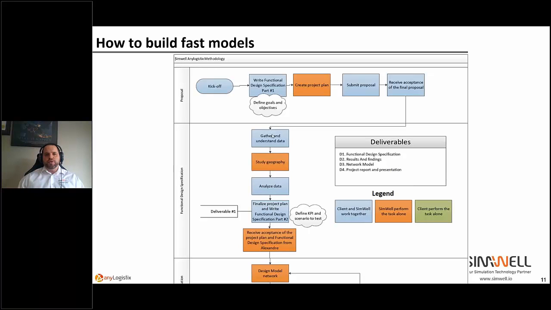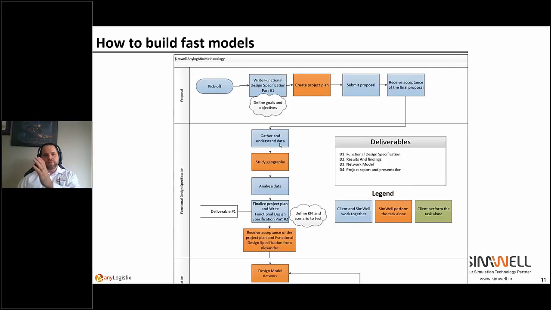And this is a proven methodology that gives us success and allows us to design a model that will achieve the objective of being precise and fast, or find the right compromise between speed and precision, right? So several aspects of it. First thing is define the objective and the goals, and then once that is done, gather and understand the data. So where is the data coming from?